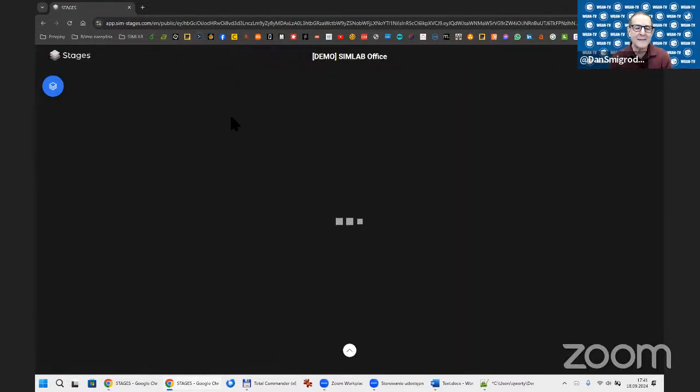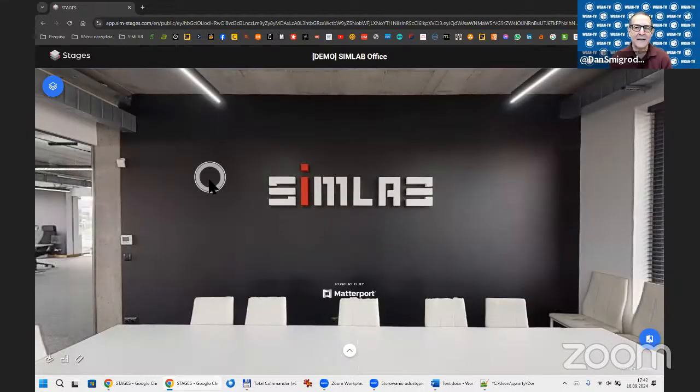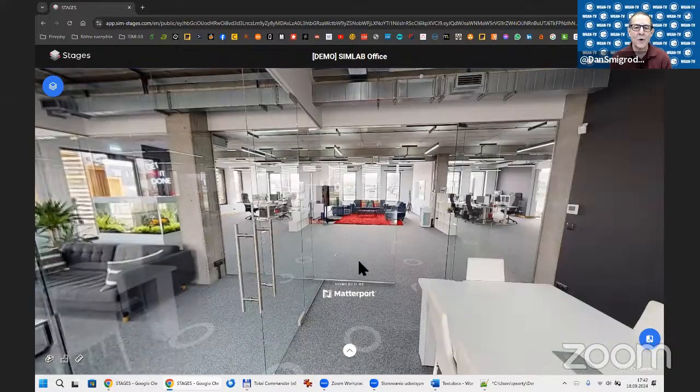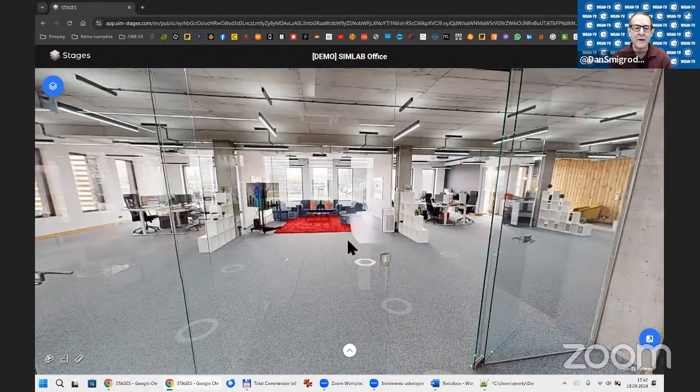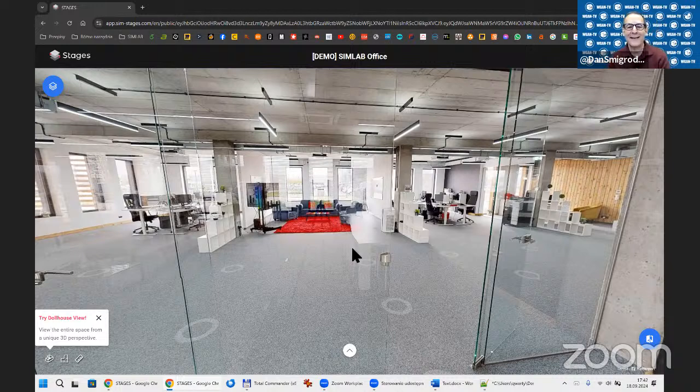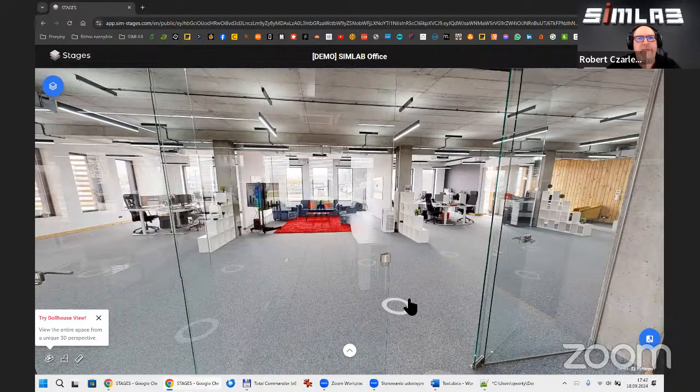And Robert, how is that public link different than inviting someone as a viewer? What would be the different scenarios you would use generate public link or invite as a viewer? The main difference is that in the public link mode, you cannot see the notes, you cannot see the details of the project, or details of the organization.